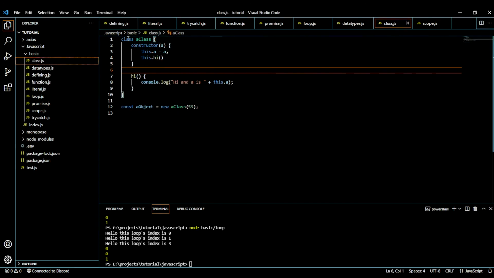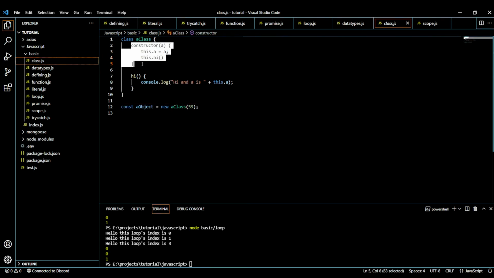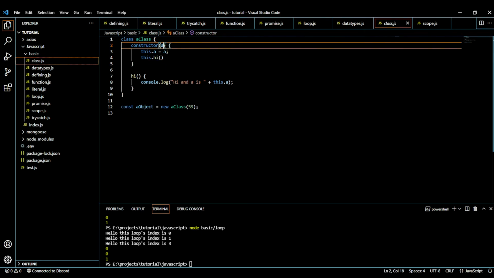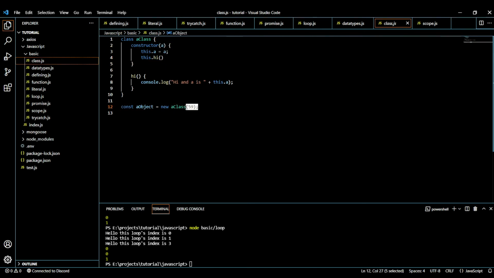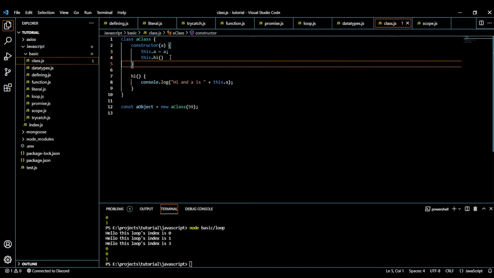So guys, classes are, I should say, a blueprint or maybe a structure of an object. So it takes a constructor, which is the main function which is invoked when we create a new object. And inside the classes we can use this keyword to refer to this object.